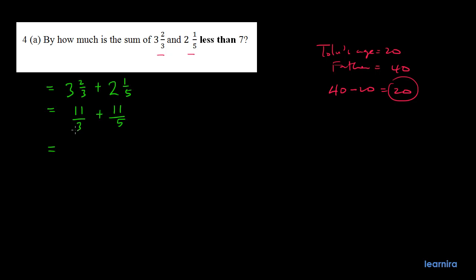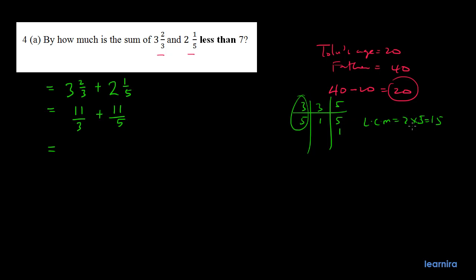The next thing we need to do is to find the LCM of 3 and 5. We can just do this: 3 and 5. 3 goes in 3 to give us 1, but 3 cannot go in 5, so we just write 5 again. We know 5 will go in 5 to give us 1. Then we can stop since we've gotten 1, 1 here. The LCM of 3 and 5 is equal to 3 times 5,